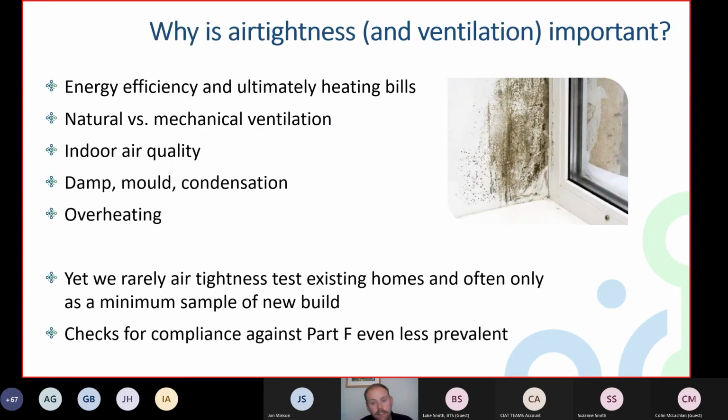And the other side of that is we want to control air movement to reduce heat loss, but we also need to be providing enough fresh air to make sure that we've got the right air quality inside. The general theory on this, and I'll be repeating something that everyone knows like the back of the hand, is build tight, ventilate right. And the whole point of that is